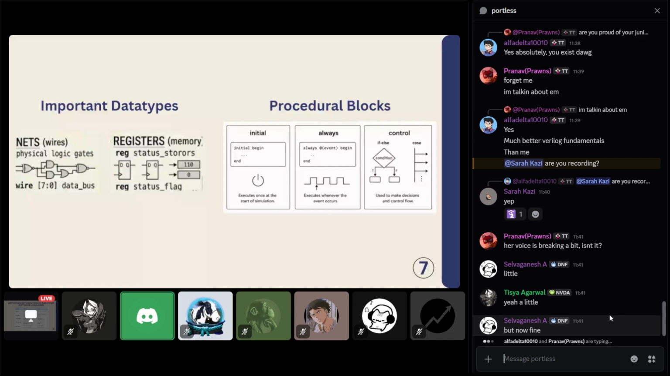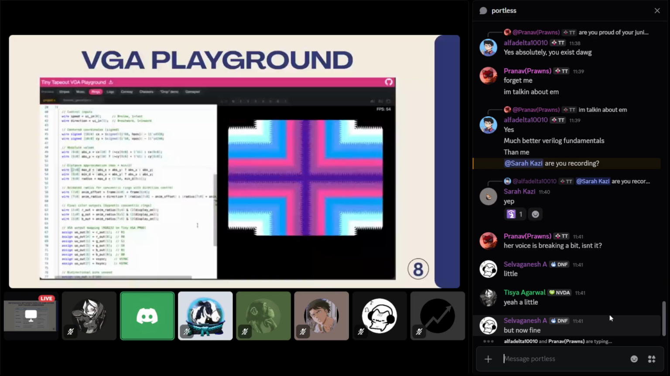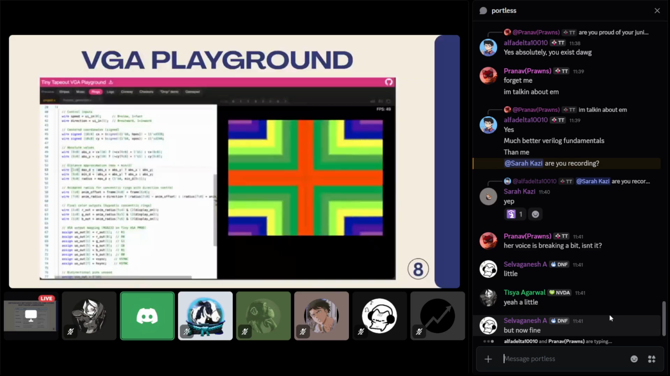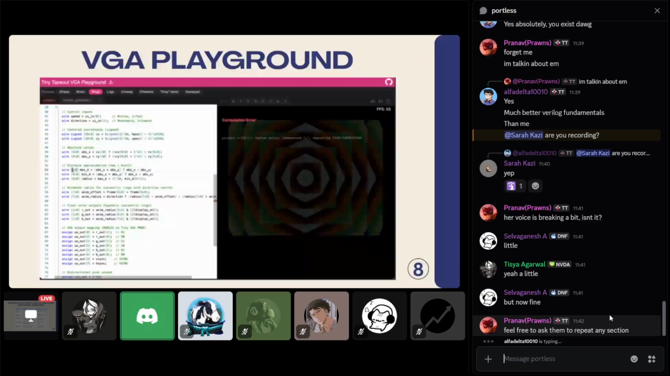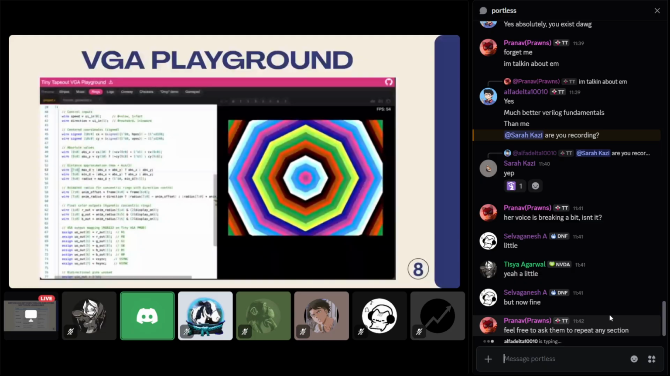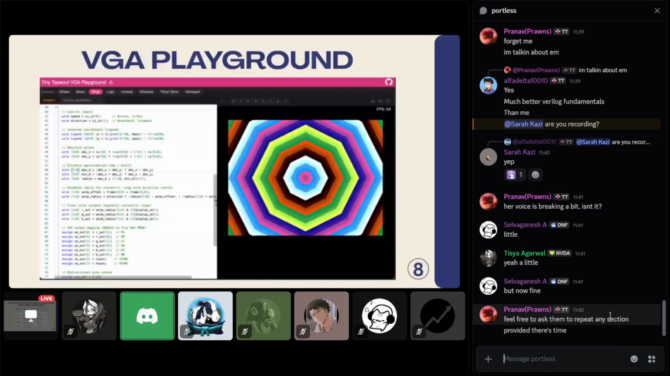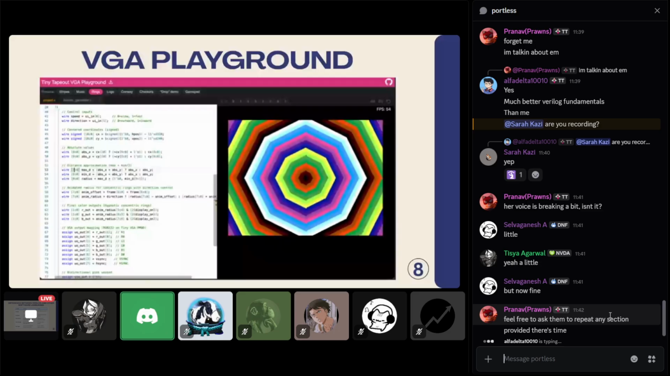Now moving on to VGA Playground. So VGA is basically Video Graphics Array, and VGA Playground is an online tool that lets us write Verilog code and instantly see the output on a virtual VGA display. Instead of writing a complete graphics program,